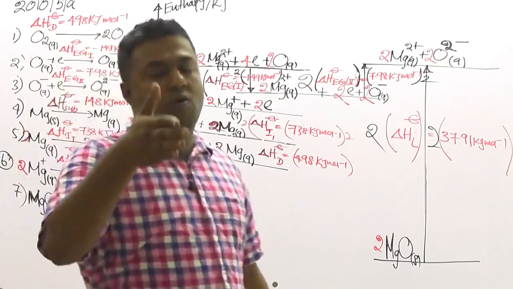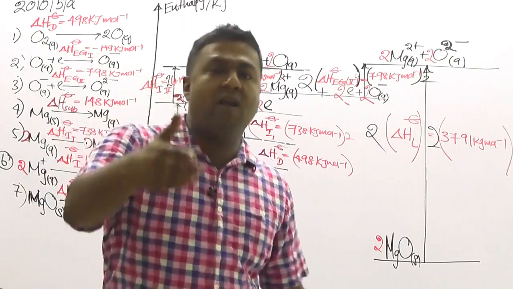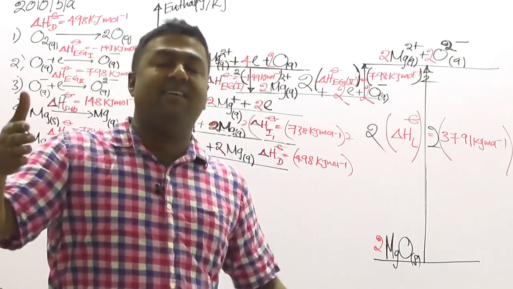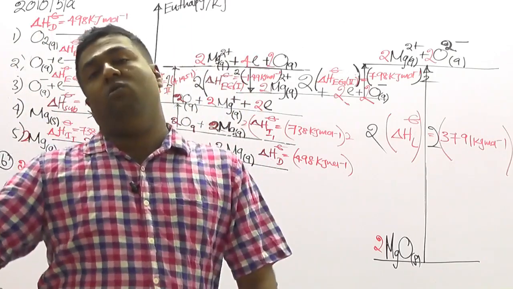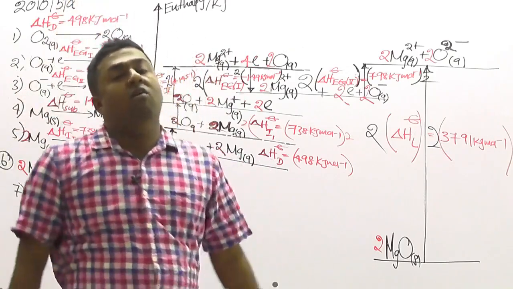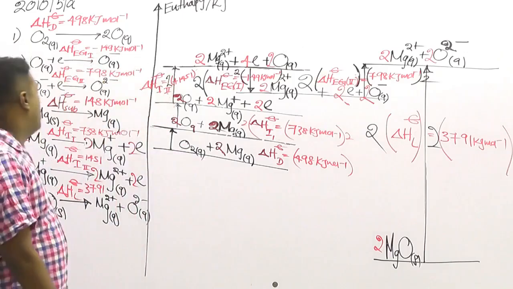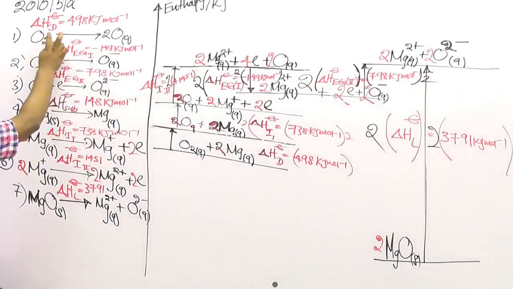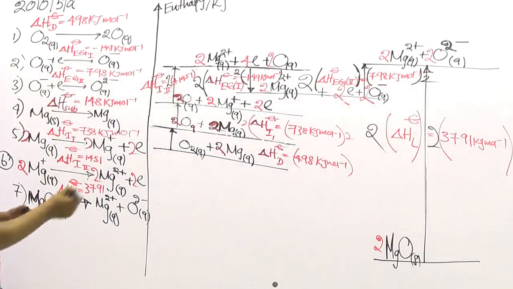When 1 mole of O2 gas is converted into 2 moles of O gas atoms, 1 mole of OO bonds are broken